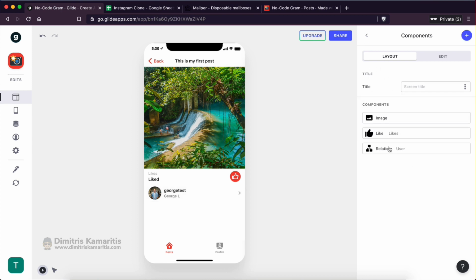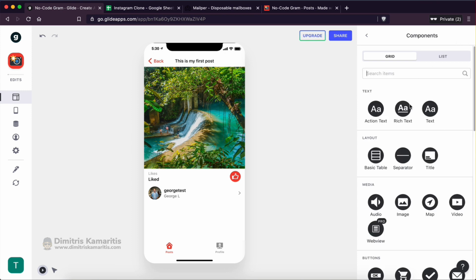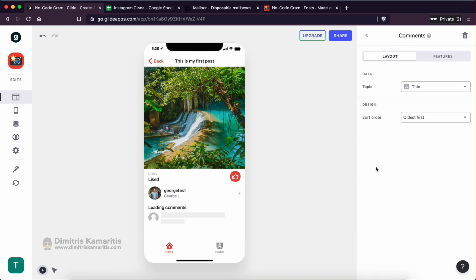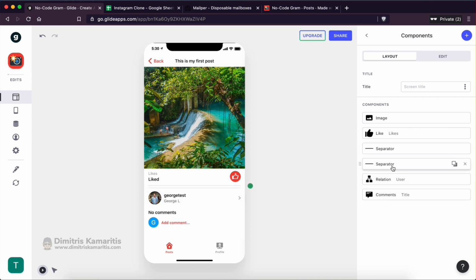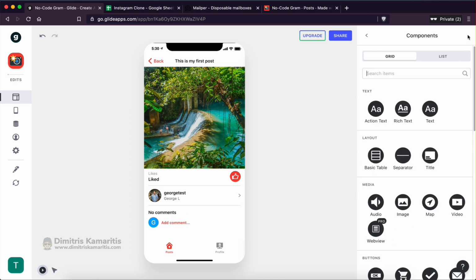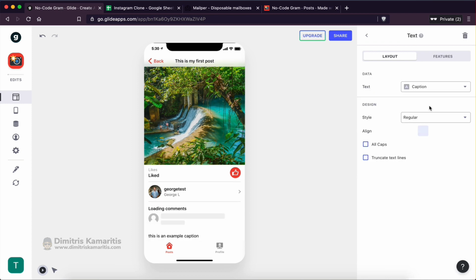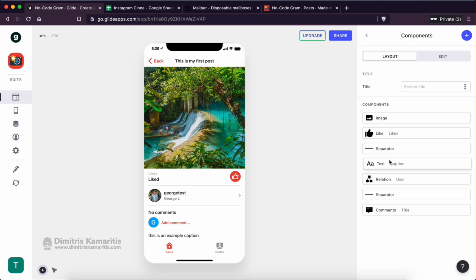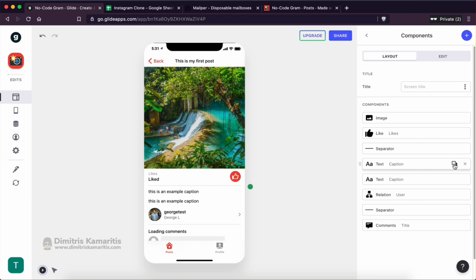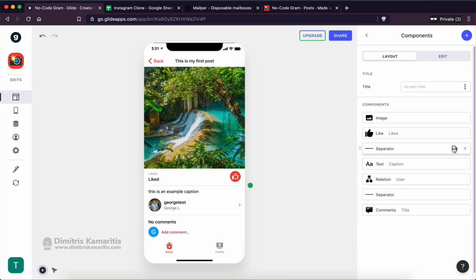And then what I'm going to do next in order to complete this page is add a comments component, right? So this is going to allow users to comment on a post. Then finally, I'm actually going to add a few separators, right? So these are just some lines that help you organize things a little bit better, right? And one thing that I forgot to add is the caption. So I'm going to add a text component, and this is going to be the caption, right? So I'm going to move this here below the like button. I'm going to add one more separator,